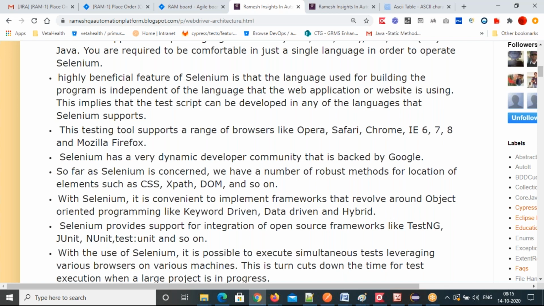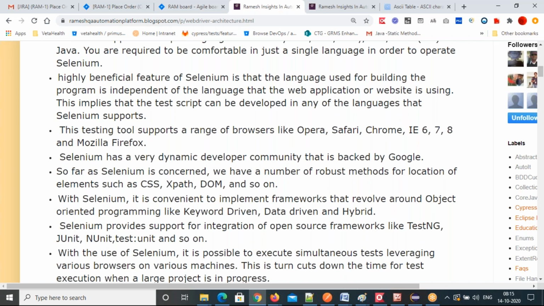And Selenium supports object identification mechanisms like CSS, XPath, and different ID locators you can use to recognize the web page elements. And also Selenium supports multiple built-in frameworks like TestNG, JUnit, NUnit, TestUnit. Based on the programming language, you have unit testing frameworks.